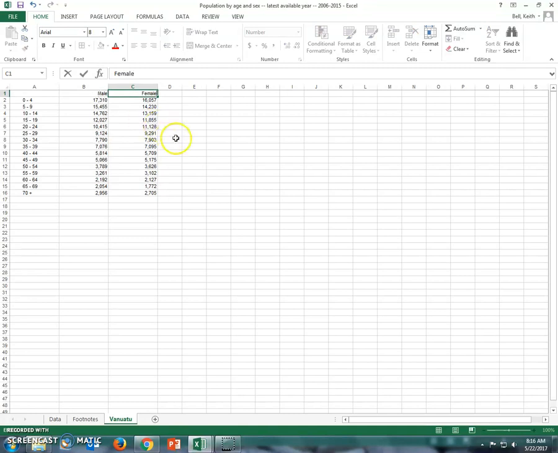Okay, so now I'm ready to graph for the pyramid itself, the population pyramid. Now here's the deal though, because you have to have these numbers be on opposite sides of a y-axis, one of these needs to be negative. And so what I'm going to do is come in here on the male side and make all of these,